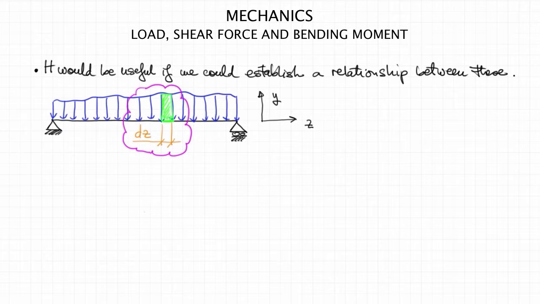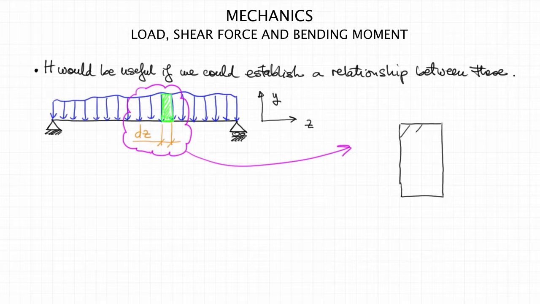And we will take this element out from the beam, draw it here separately, and draw its free body diagram with all the forces that act on it. And these would be, of course, the external force, the distributed force that acts on the element, on the dz wide element at the top, like so,